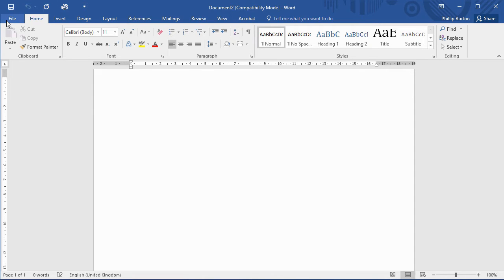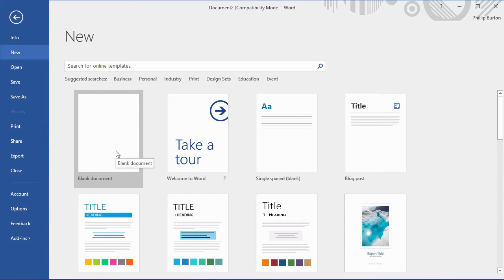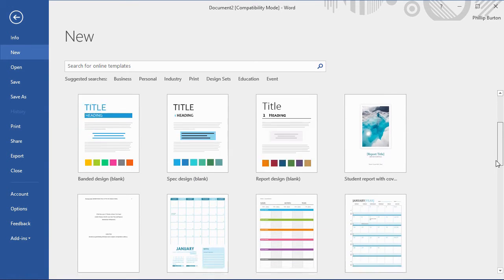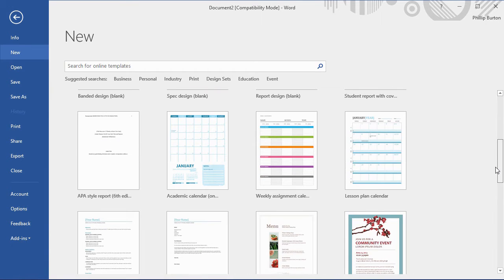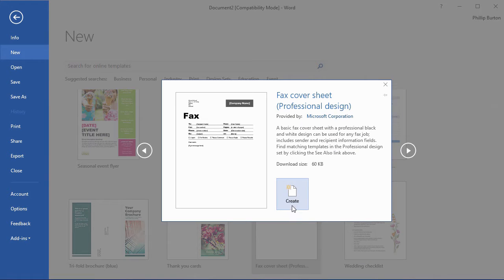So let's click on File and New. So we have a blank document, but then look at all the others that we've got. So maybe what we want is, why not go for the fax cover? So click on that and click Create. You can see in here who it's created by, Microsoft Corporation, and a brief description. So click Create,